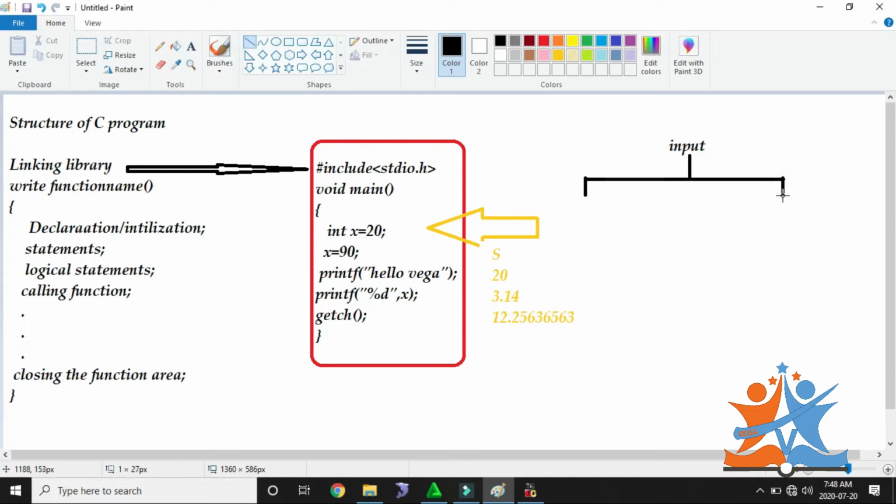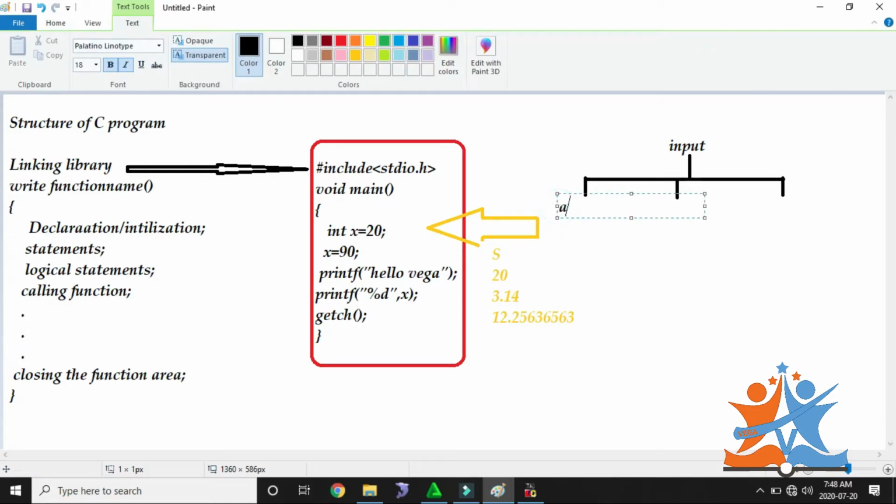Next one is numbers, and one more element is also there, that is special symbols. For example, this is alphabets. After that, numbers we can pass. After that, some special characters, special symbols. Okay, so coming to the alphabets,